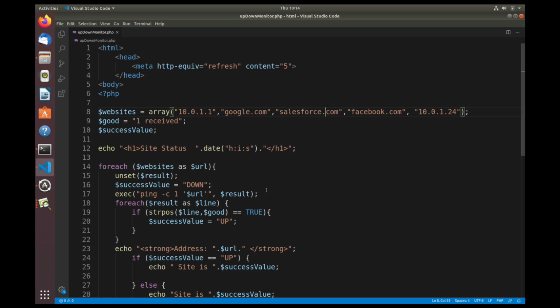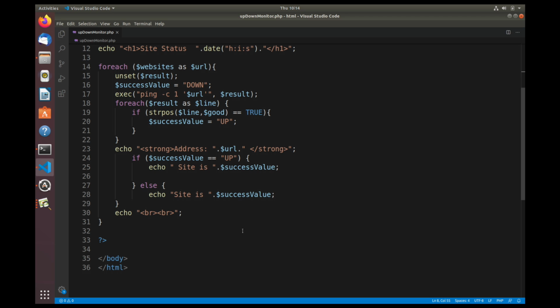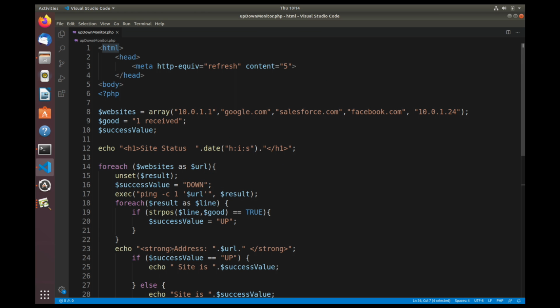So here we are at the code, and as you can see, the code actually isn't too long. Even with HTML and everything else, this only comes out to about 36 lines. But hey, leave it to Eli the computer guy to take 30 minutes or whatever to explain 30 lines of code. So when we first take a look at this, the first thing that we're going to be doing is